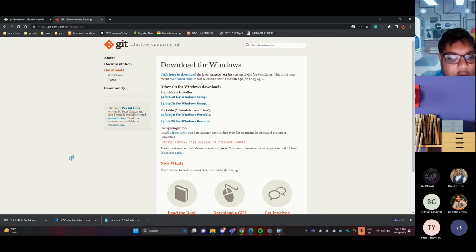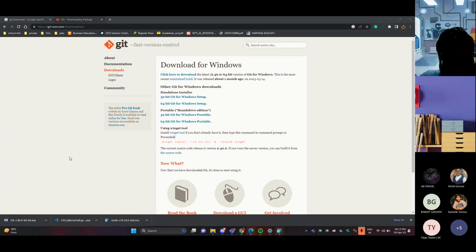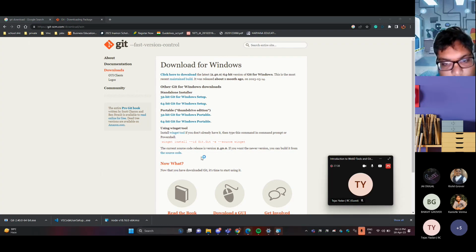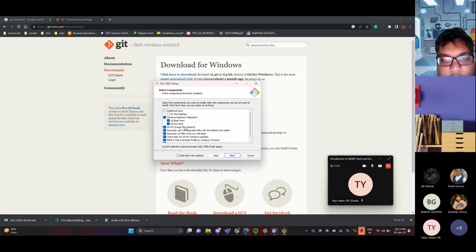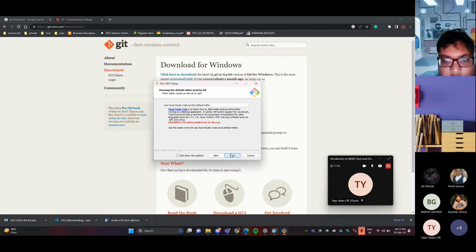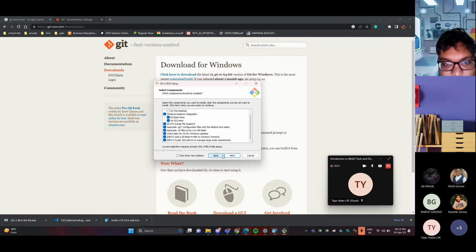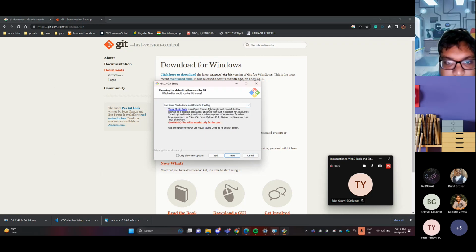Now here you have to be careful about the options you pick. So do select all of these. These might be unchecked for you. Select both: add a Git Bash profile to Windows Terminal, and use Scalar. Please do pay attention to this part. So do select all of these. This is optional if you want the icon on desktop. Then here